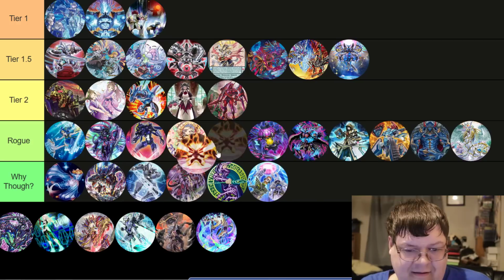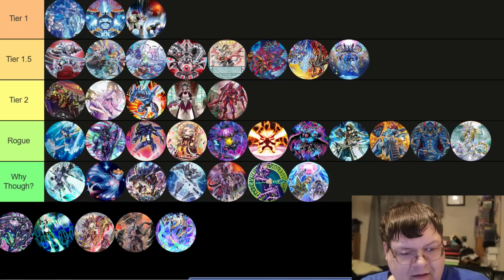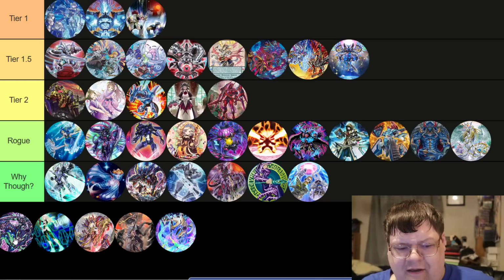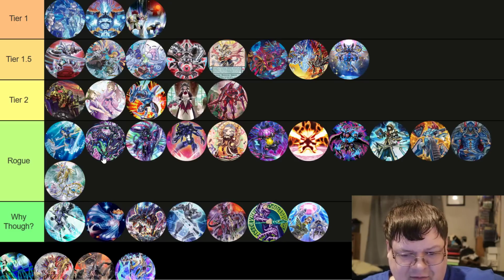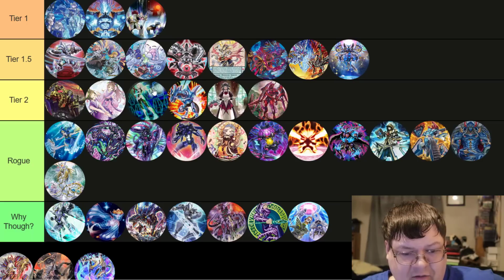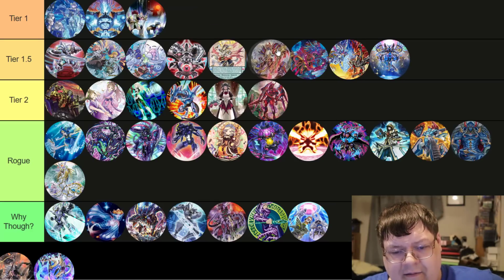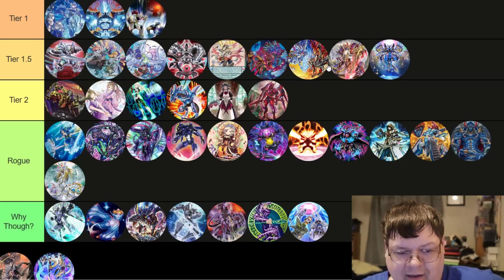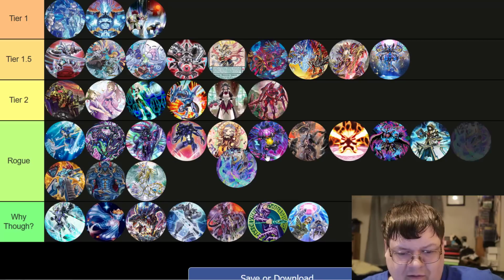Salad, technically Rogue. Junk Speeder Turbo goes in Y, though. Scareclaw, unironically, this deck is very Rogue. I've seen this deck do some weird things as of late. Sky Striker is definitely tier 2 now, for sure. Sword Soul's still running around up here. That never really changes. Tri-Brigade goes in Rogue, if that. It's better than that, for sure. And then I guess VW also goes in Rogue. But,